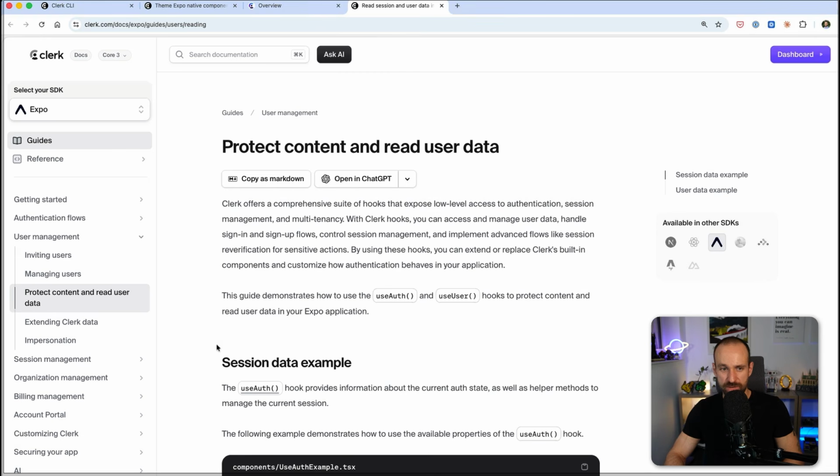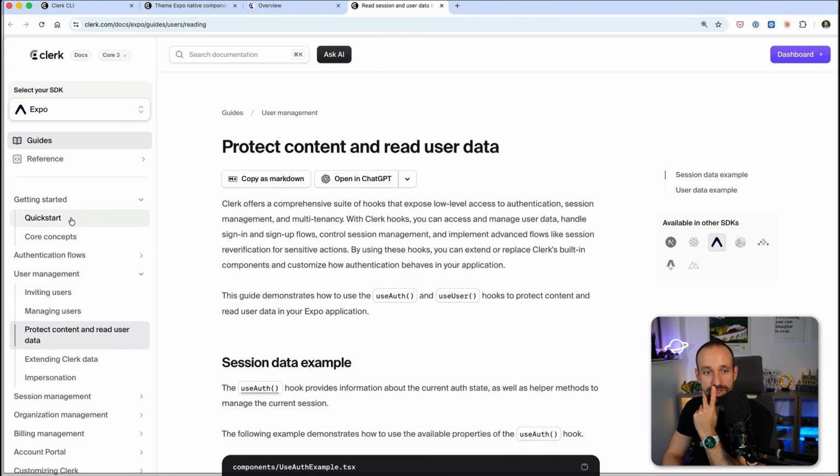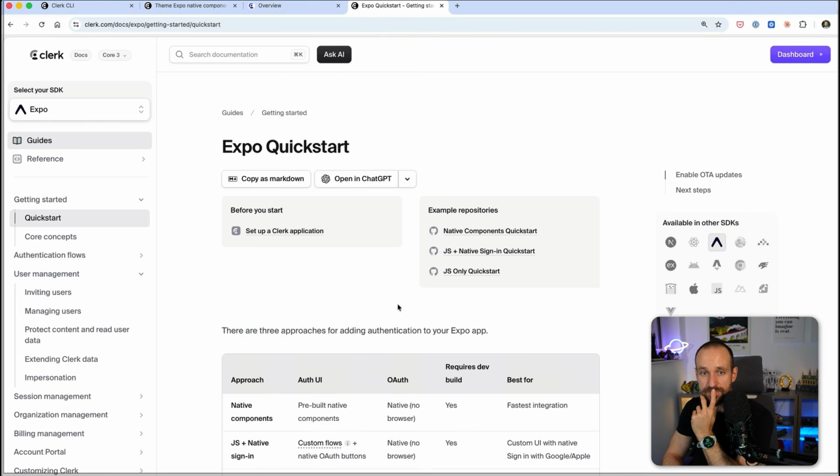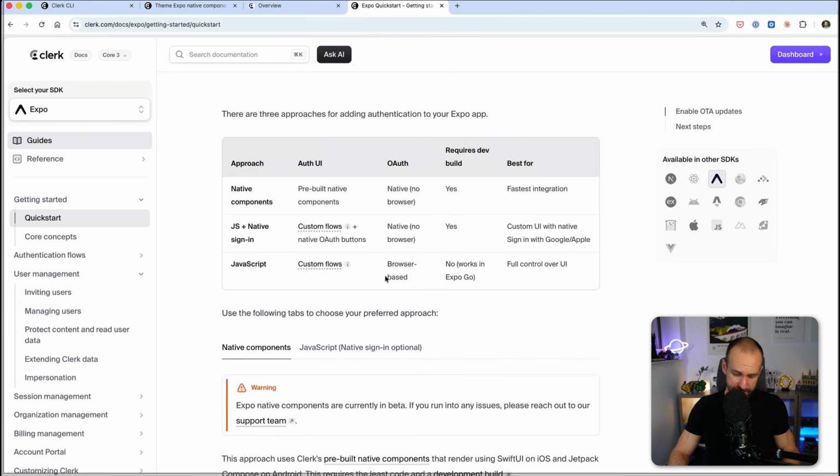Apple OAuth via Expo Apple Authentication. I'm not sure if we need that. We should check that out in the documentation. So if you see now in the Expo Quick Start in Clerk, you will see that you can either use native components,